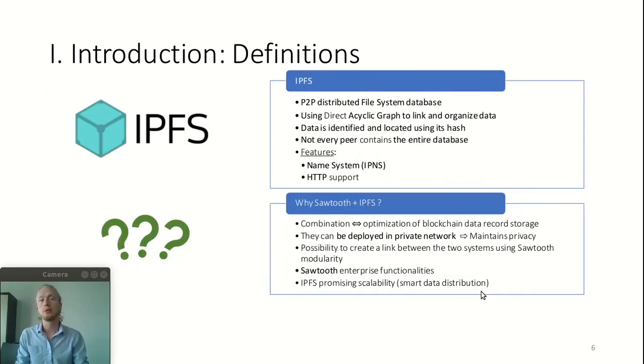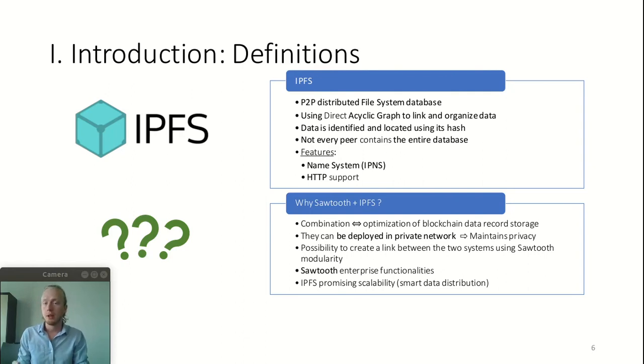We also need to introduce IPFS. We use IPFS as a peer-to-peer distributed file system. It's using a directed acyclic graph to link and organize data. We need to notice also in IPFS that the data is identified and located using its hash, and that also